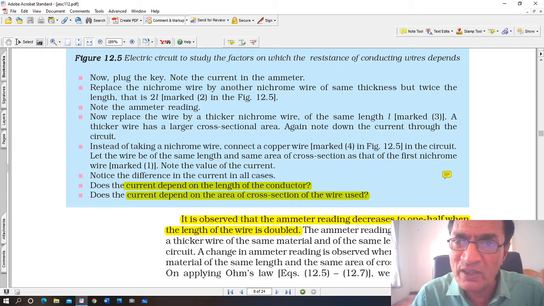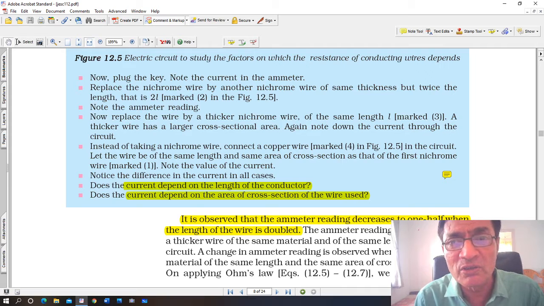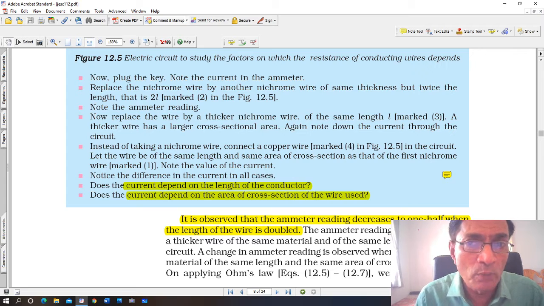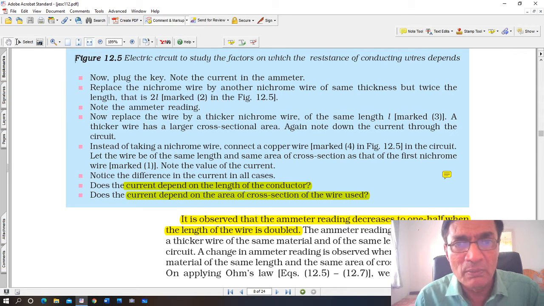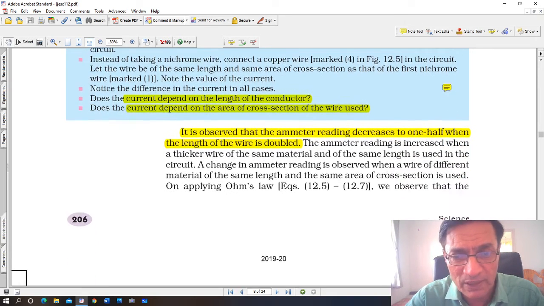Some materials offer greater resistance, some materials offer less resistance. Metals in general are good conductors of electricity because they offer less resistance. Non-metals, for example, are mostly in gaseous state, and therefore they cannot be used here for experiments. But all metals do not conduct electricity to the same extent. Some conduct more, some conduct less. For example, you can't use sodium and potassium wires because they are brittle, they'll break completely.